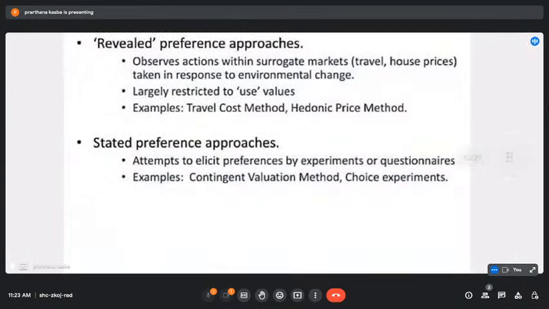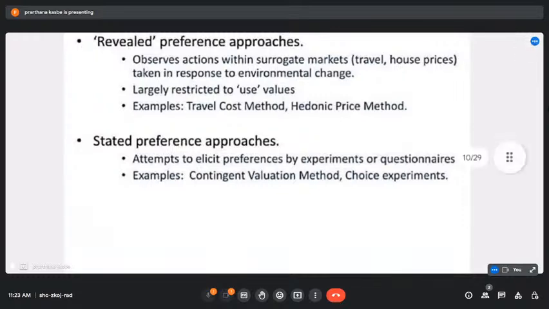The revealed preference approach observes the actions within the surrogate market, for example, travel and house pricing, taken in response to environmental changes. It is largely restricted to use values. For example, the travel cost method,